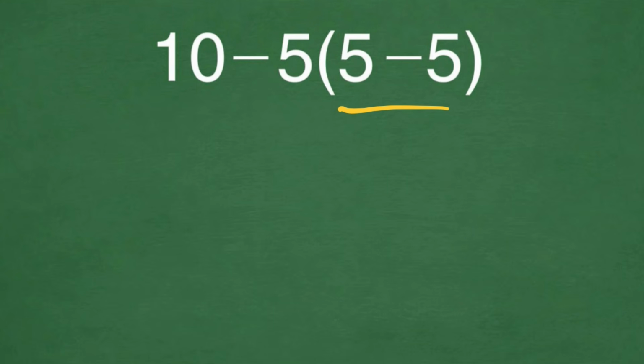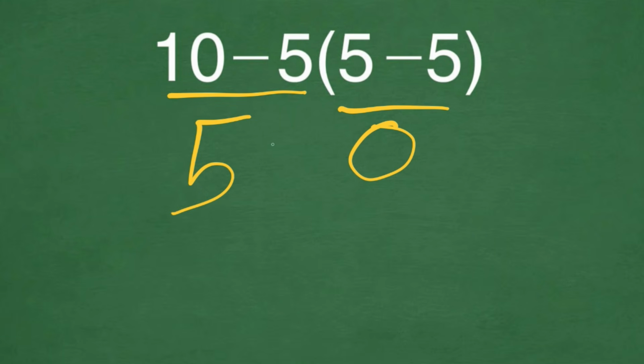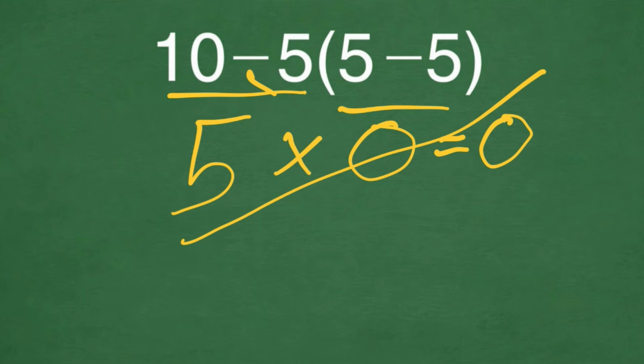5 minus 5 gives us 0, and 10 minus 5 gives us 5, and 5 times 0 is equal to 0. But this answer is not correct, because according to the order of operation PEMDAS,